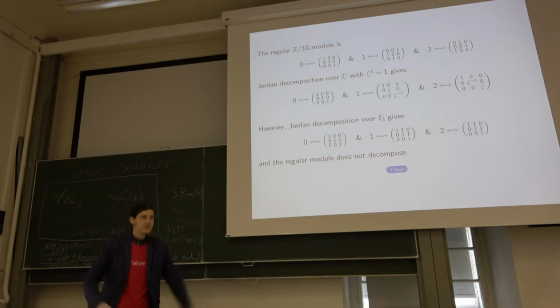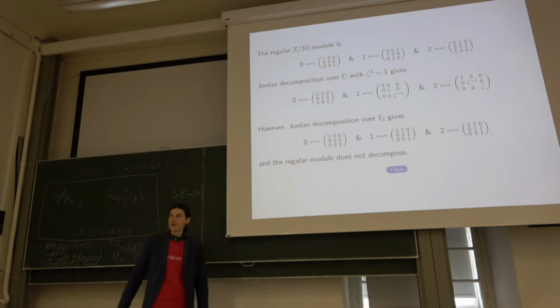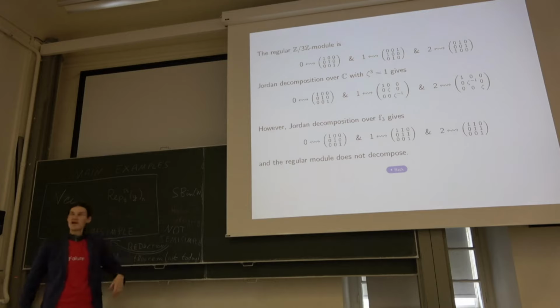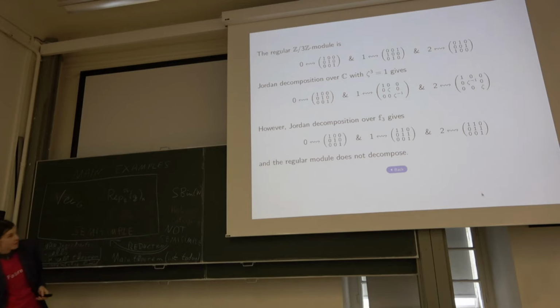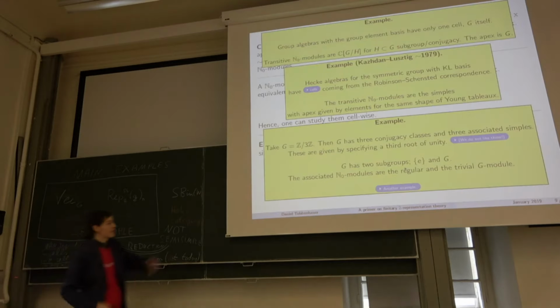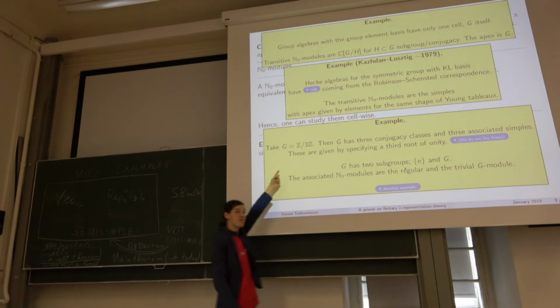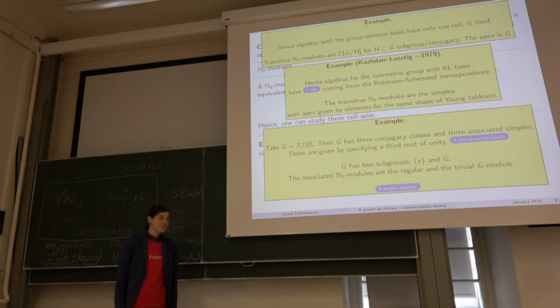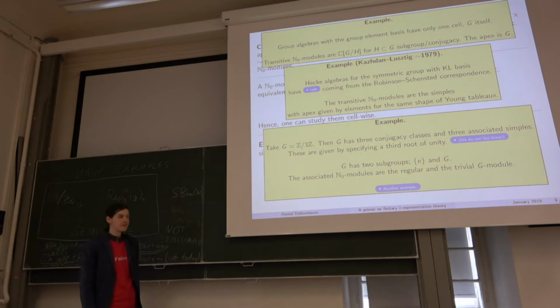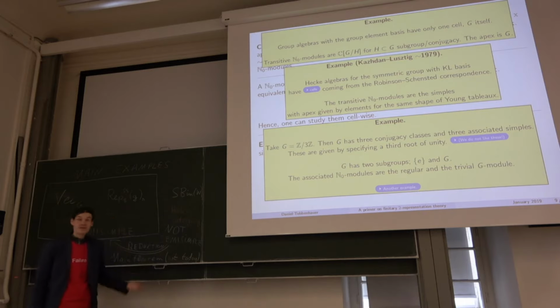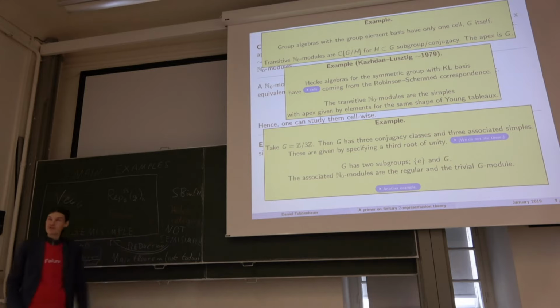But we can't do this integrally because, for instance, over F3, you do Jordan decomposition over F3, and you realize, oops, the regular module is indecomposable. In particular, you can't do this decomposition over the integers. And it turns out that's exactly the reason why the transitive modules in this case are given by subgroups. And how many subgroups of Z mod 3 do you see? I see 2. Both of them are trivial. So you only have a one-dimensional and a three-dimensional associated transitive module in this case. This is really the difference between the classical theory and the decategorified shadow of the categorified theory.